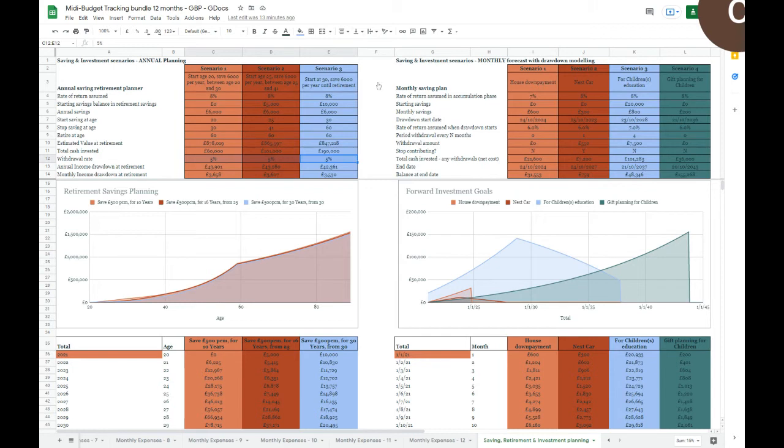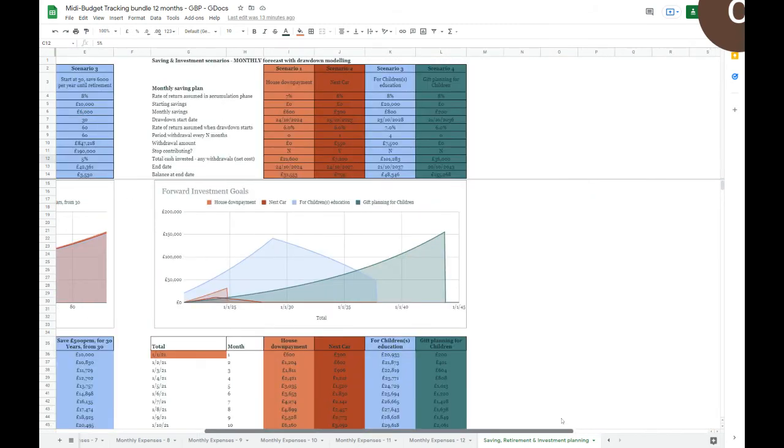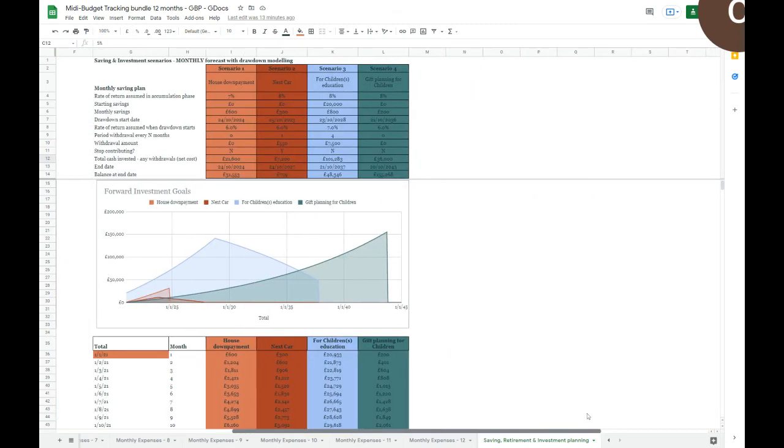So a little insightful situation to help you plan your scenario. Obviously, yours may vary. You may be retiring early or later, starting early or later, have a different starting balance. You dial in your own assumed rate of return, and likewise withdrawal rates. So on the right hand side, we've got an extra section here. This is about monthly planning, whereas previously we were modelling years. In this scenario, we're modelling months.